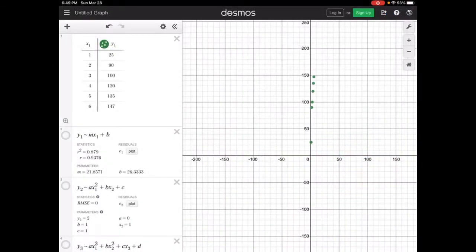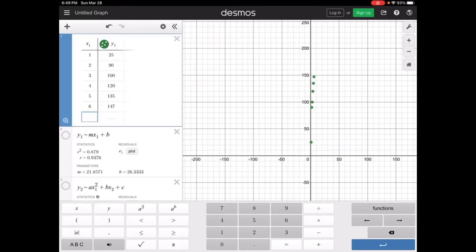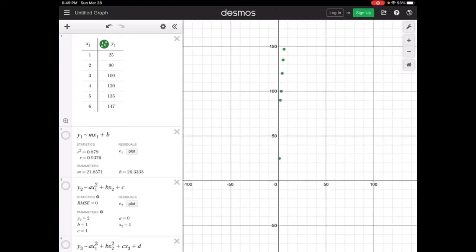Here in Desmos, if you just hit this plus sign and hit table, you're going to be given a table, and you can just plug in your values that way. So what I did was I already had that done for you on the side over here. So if you see these green dots, this is your scatter plot. Now,